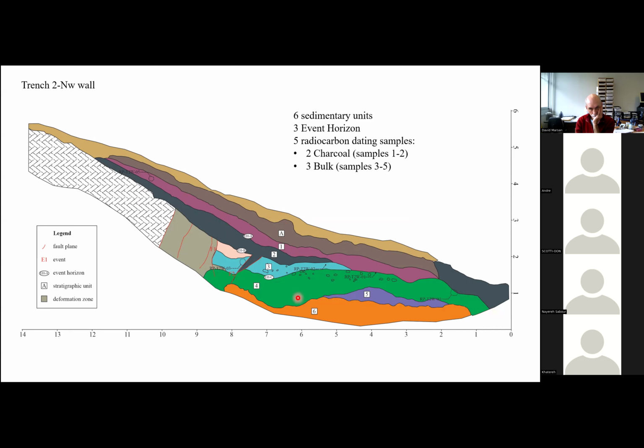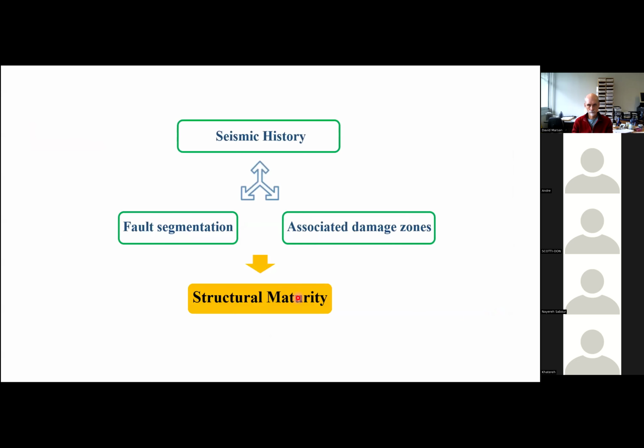It's interesting that we can figure out the same event horizons in all of them, but actually in the first 3 walls. And we are waiting for the results of the samples for dating to make sure about our interpretation of the logs. And for the last parameter that we need, that is the associated damage zone, I didn't start